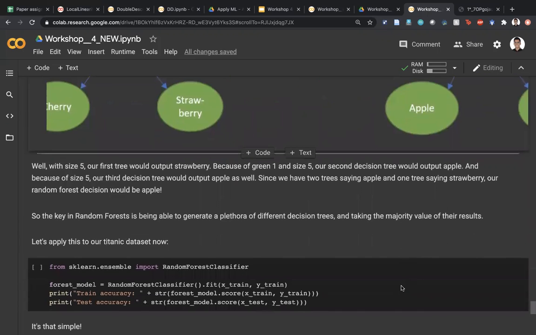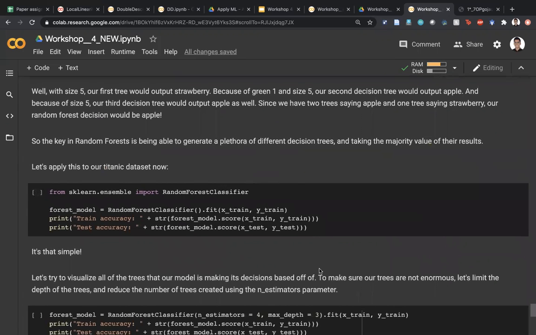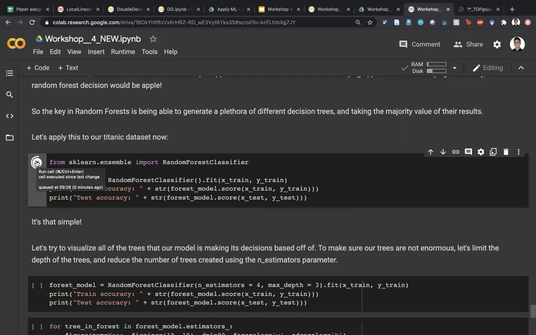So like I mentioned before, the more decision trees you have, the more confident you can be about your result. Obviously, there's a balance you need to take. There's no point probably having 1,000 different trees, but luckily scikit-learn will handle the simple cases for us. So the code is exactly the same. If you run this,